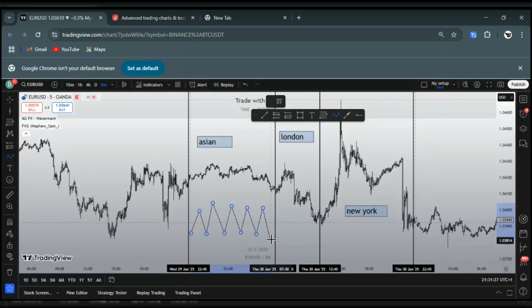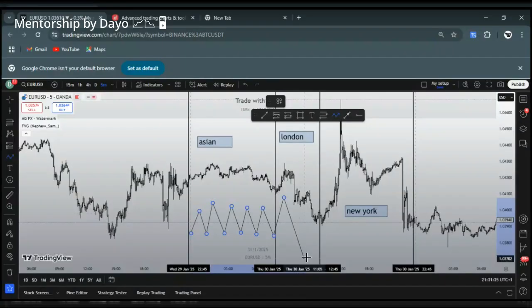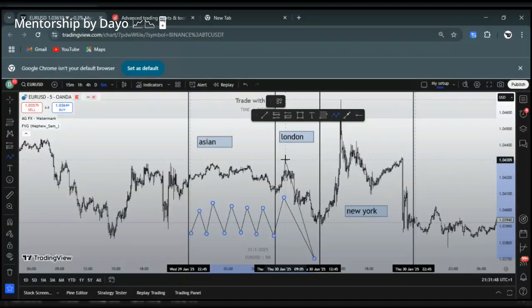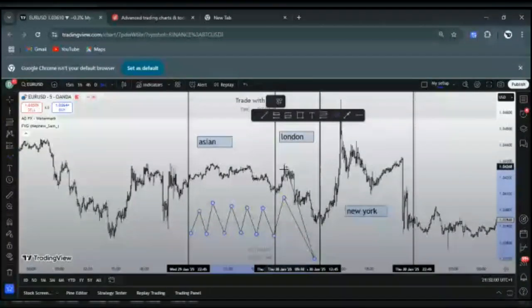To the upside. Then what happened? Then it came down to the downside. So that means when the market opened, after consolidating, it manipulated. It went up for manipulation. Then what happened? Distribution happened. So that means if the whole of London session, or the opening of London session, manipulated and distributed sell orders, it means the